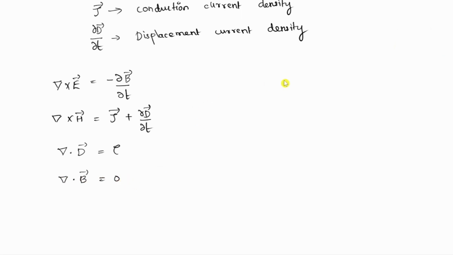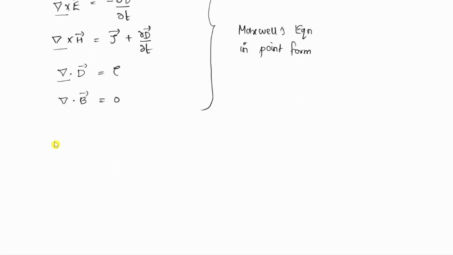Okay, so these four equations are known as Maxwell's equations in point form, because in all the four equations we have del cross, del dot, everything. So this equation is in point form. Okay, so in order to convert this point form equation into integral form, so let us write the heading as integral form